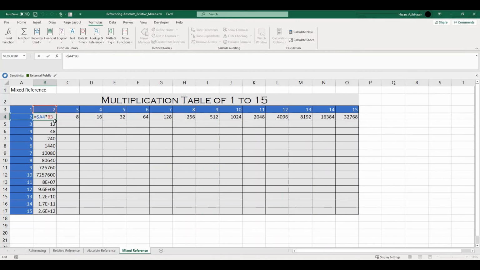Okay, so here what we'll do is we will put a dollar in front of number 3. I don't want the value to change when I move right side. So when I move right side, I want the value to come up properly, and when I move down, I want the value to come up properly as well. All right, I'll use this, drag this down and check. Now if you see the value is correct, so I'll explain the value again.